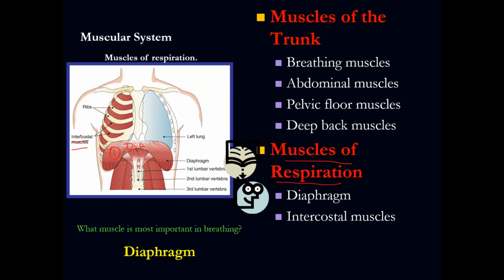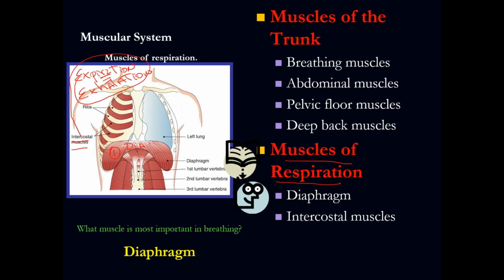Intercostal. We have two types, internal and external. Oblique, external oblique and internal oblique, is a different story. But just remember, in between the ribs we have the intercostal muscles. The intercostal muscles are the most important muscle for expiration. Expiration or exhalation is the same word, the same meaning. So what do the intercostal muscles do? They are the most important muscle for exhalation.